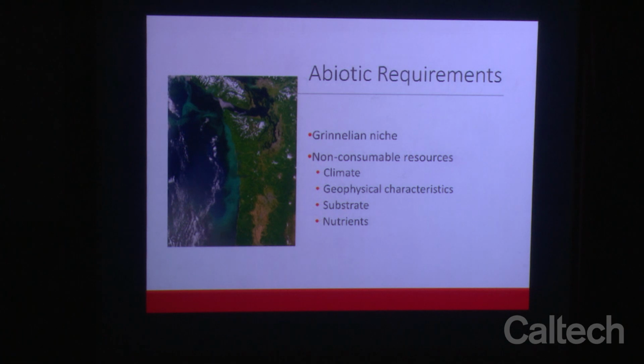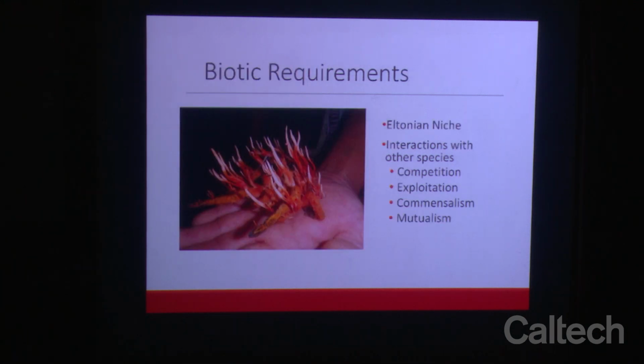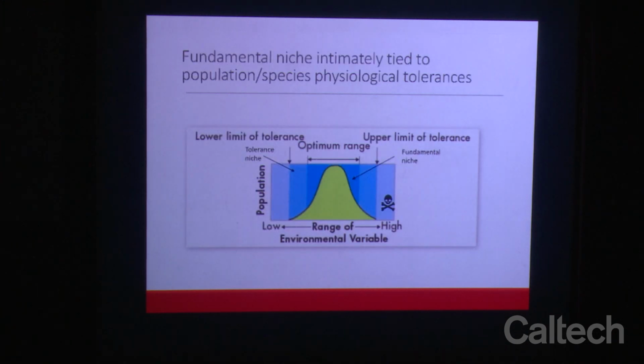So the abiotic requirements in the Grinnellian niche are these non-consumable resources like climate or geophysical characteristics, substrate, or nutrients, right? Okay. And those biotic requirements in thinking about the Eltonian niche are really interactions driven with other species relating to competition, predation, exploitation, commensalism, and mutualisms. All right. So when we think about the fundamental niche, I just want to point out that that's really intimately